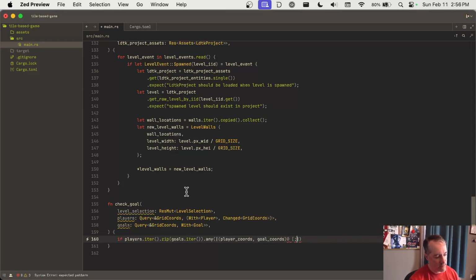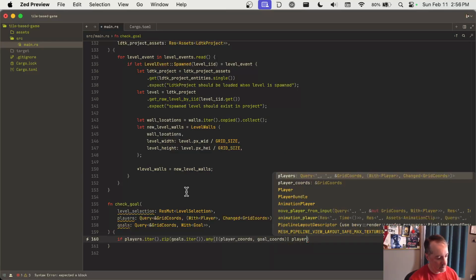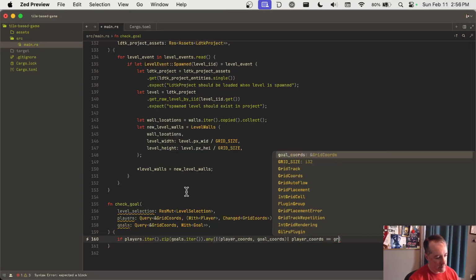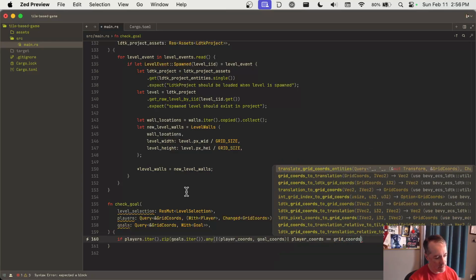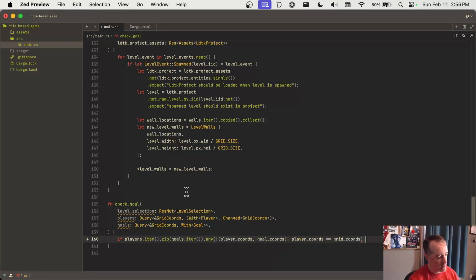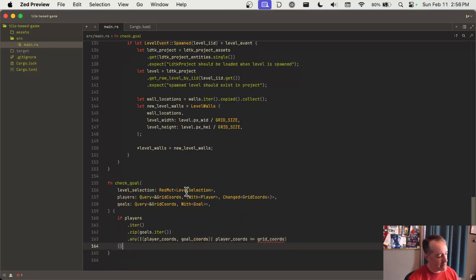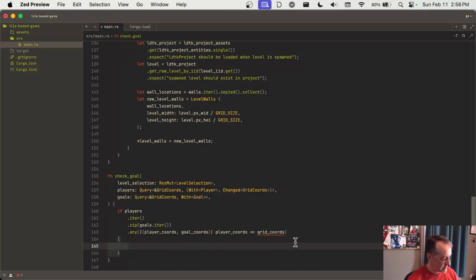And we just want to see if they're equal. Note that it figured out what those types were automatically. This is why I love Rust. Oh, not grid coords, goal coords. Okay. So if any of them are equal,